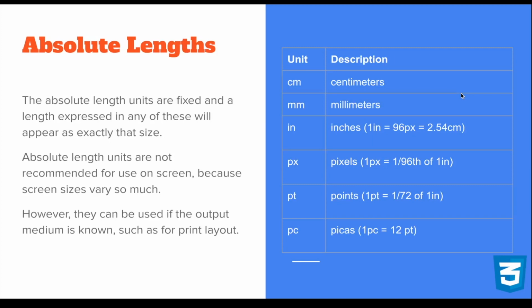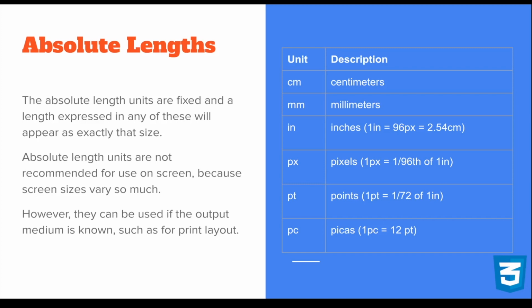Absolute length. The absolute length is a fixed length that is expressed. These lengths are more precise, exact. So when you say 3 centimeters, it's going to be 3 centimeters. And what that means is, irrespective of the device you are using, it's not going to worry that you are using a phone. It's going to still use 3 centimeters, and that's a little bit dangerous